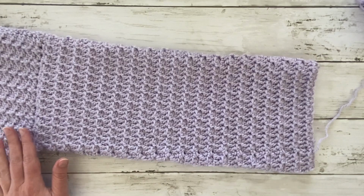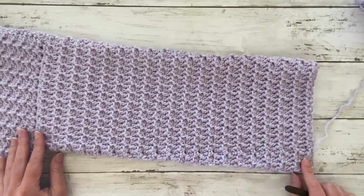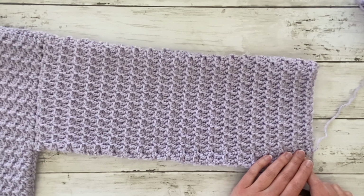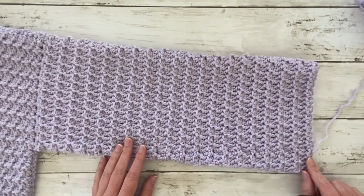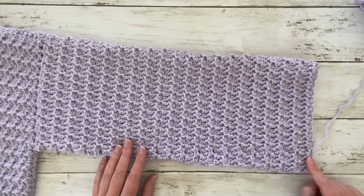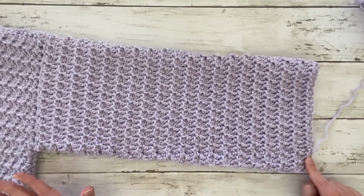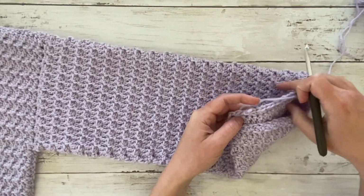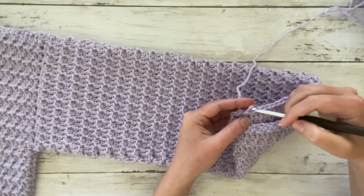All right, so I have finished the amount of rounds I'd like to make for my sleeve. I've done 39 rounds, and I've ended on the trinity stitch round. Now for the last round, whatever that is for you, instead of making a double crochet, we're going to do the single crochet, and that just kind of gives it a smaller feel to move down to the cuff. So same way you've done with the rest of the pattern and the other rounds,